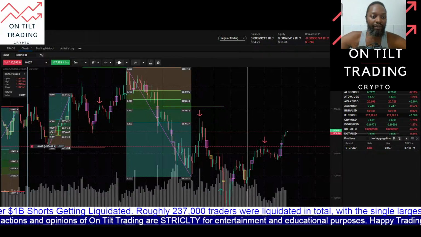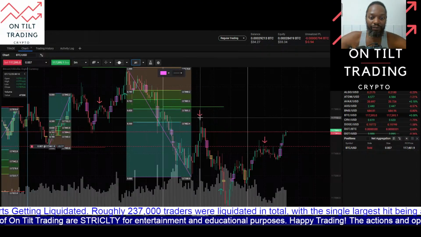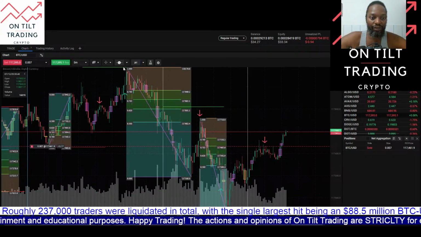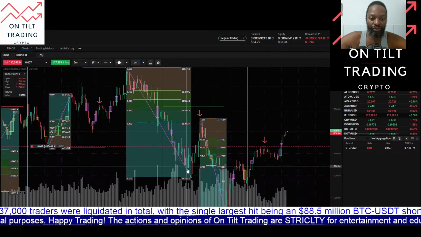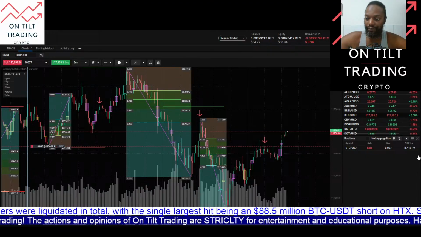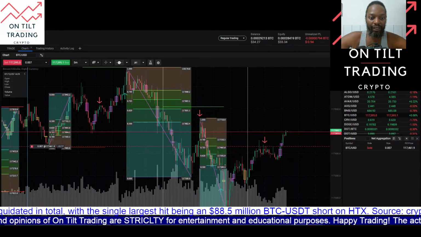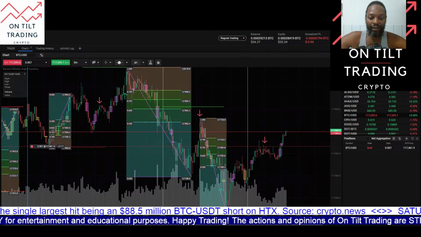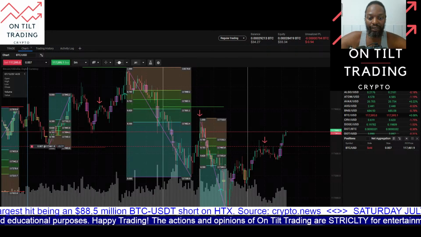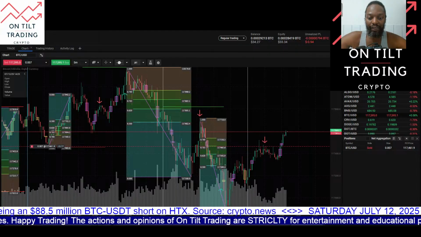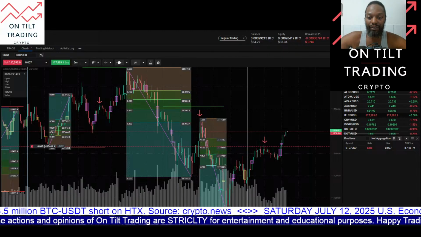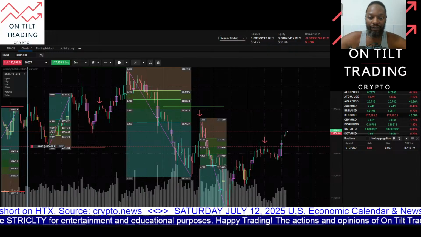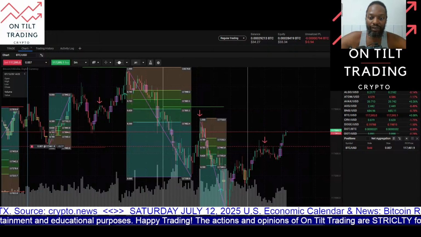So I am looking at this as a pullback for a short continuation, as in this market structure shift displaces here, pulls back here, another displacement leg here, pullback here, and potentially another leg lower here. If not, then price action would need to